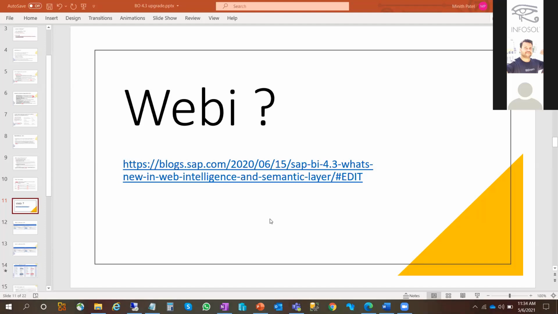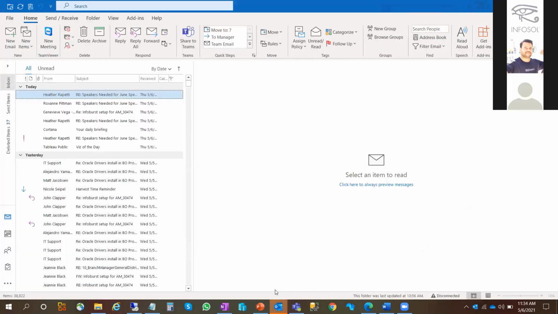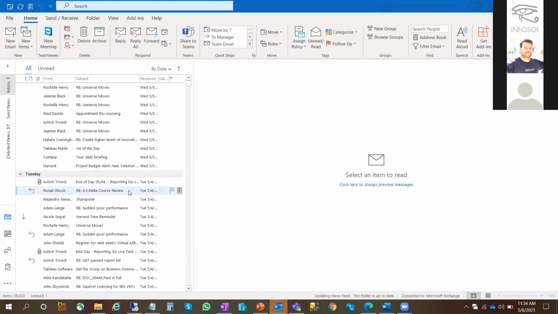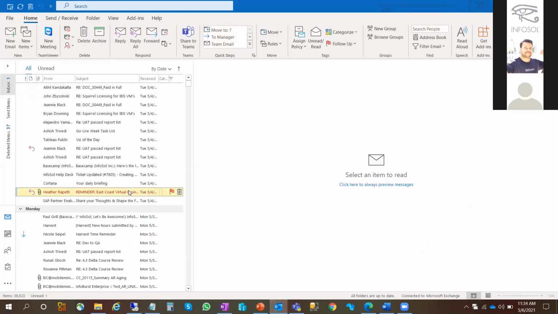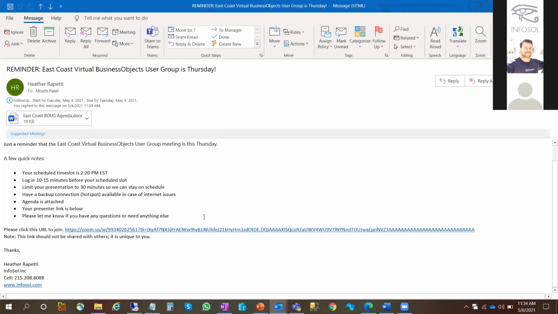And so based on past experience, most customers will want to be at 4.3 prior to the end of 2022. And the next major service pack of 4.3, SP02, will be released in December of this year, which will probably be the more popular one, since it's got a lot of extra pieces in it that are still not quite complete in SP1. And so I envisage most customers making the move to 4.3 in the first quarter of 2022,